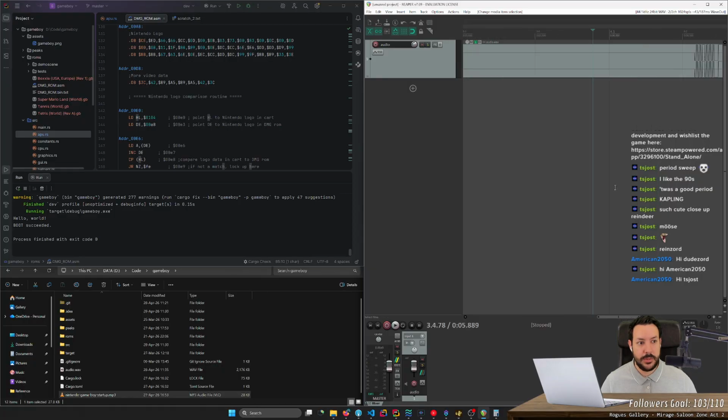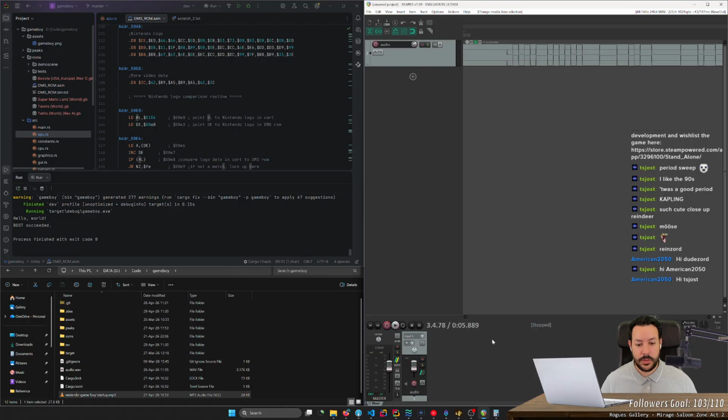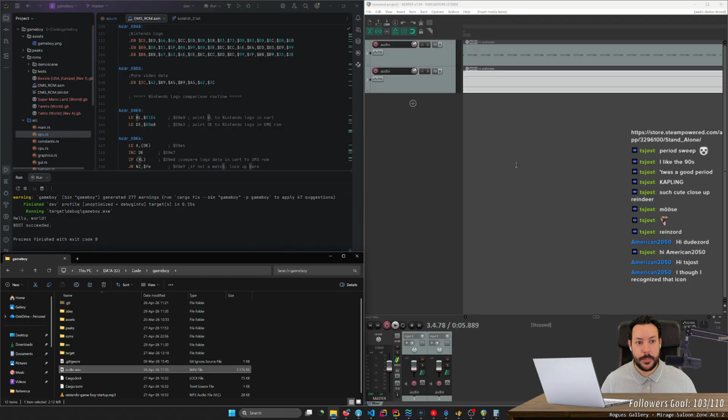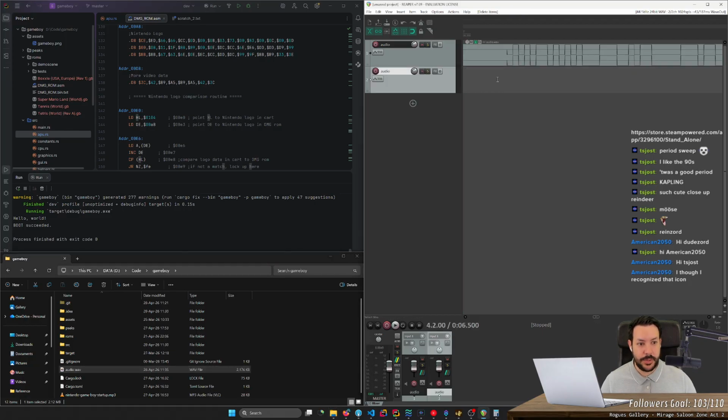This control scheme is weird, very weird. Okay, and we put the audio wave here. Obviously it doesn't start from the start because why should it?